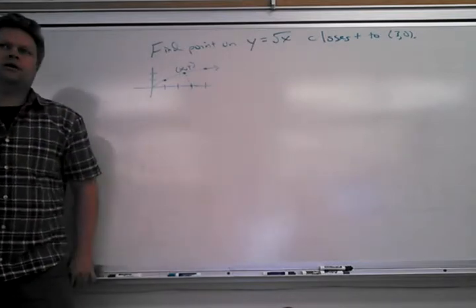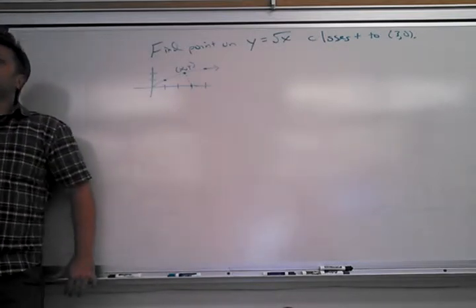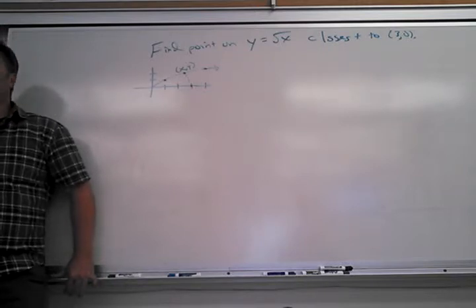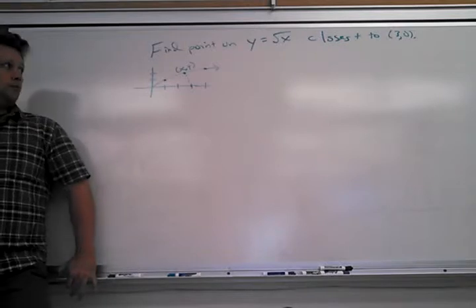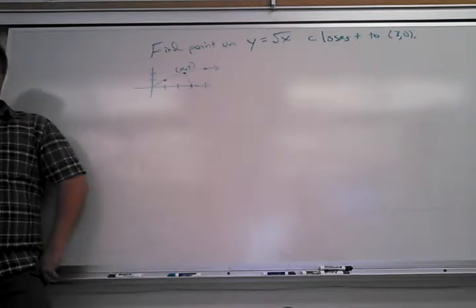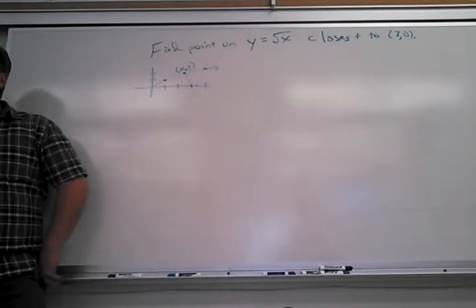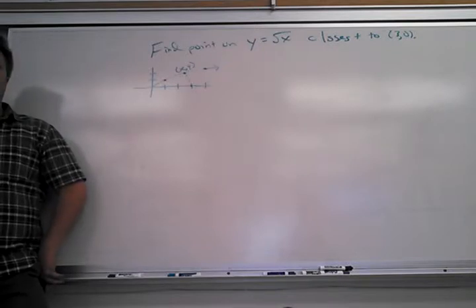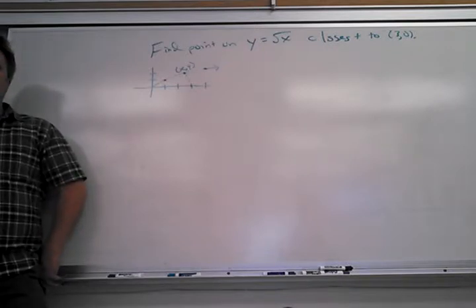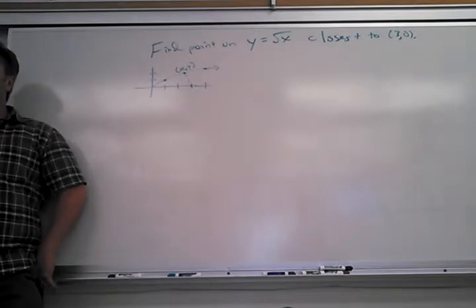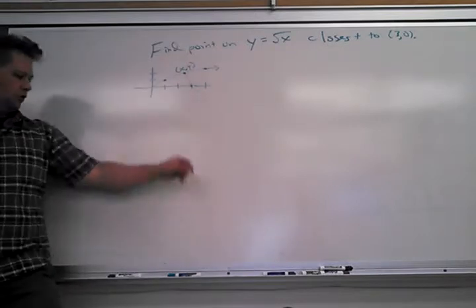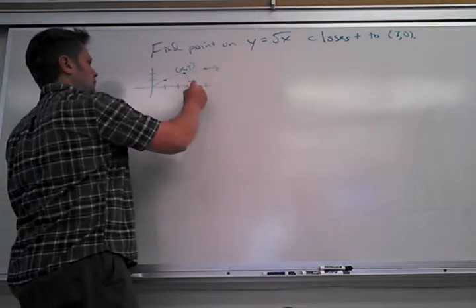I love this question because when you first look at it, you're like, what do I do here? There's no volume here. There's nothing here. But what am I trying to minimize? What's the function that goes along with it? What am I trying to minimize here? Distance. And how do I get the distance between two points? Square root of